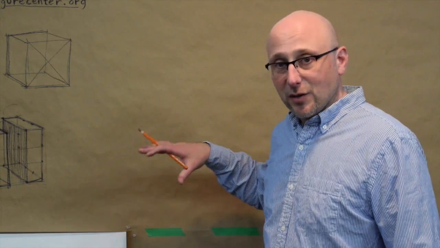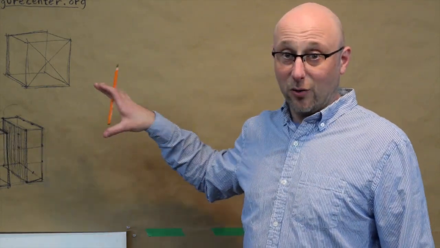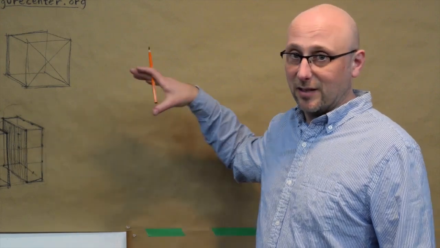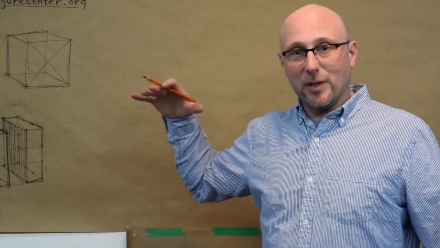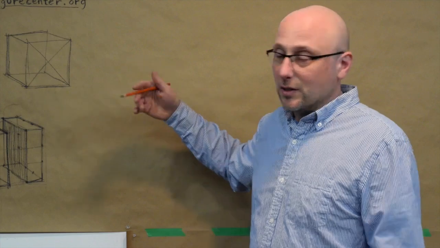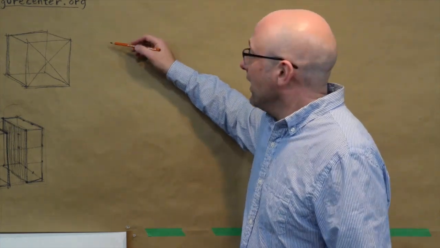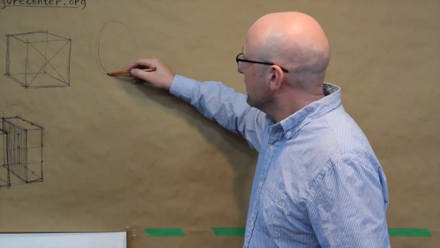Okay, so the first thing to think about is to use a form that's a little bit more organic than a box, because that is more like the forms that you find on the body. And the simplest form like that is an orb or a sphere, or in this case a kind of oval, an egg-like shape. So if we make an egg-like shape, say like this,